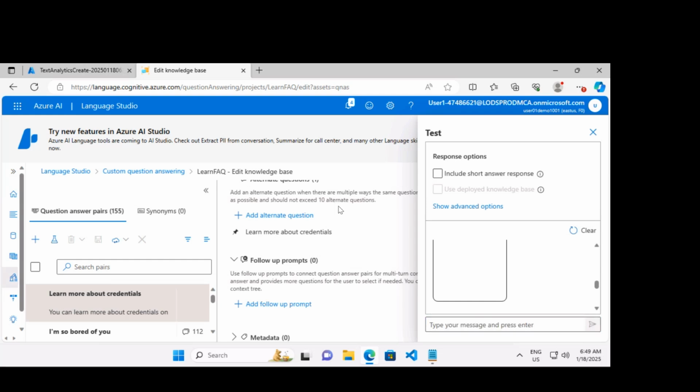The answer you created should be returned along with a follow-up prompt link. Let's see. Microsoft credentials enable you to validate and prove your skills with Microsoft technology, and learn more about credentials. So